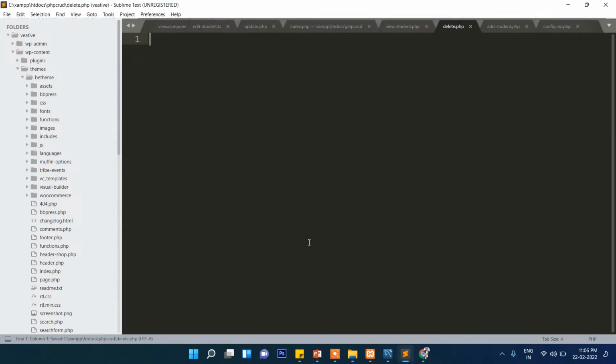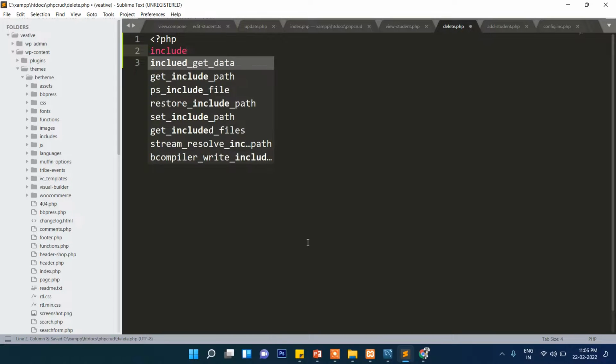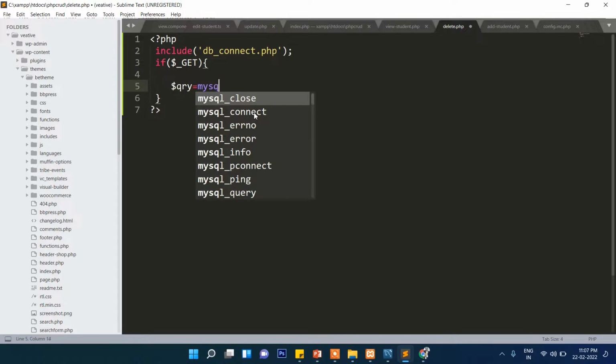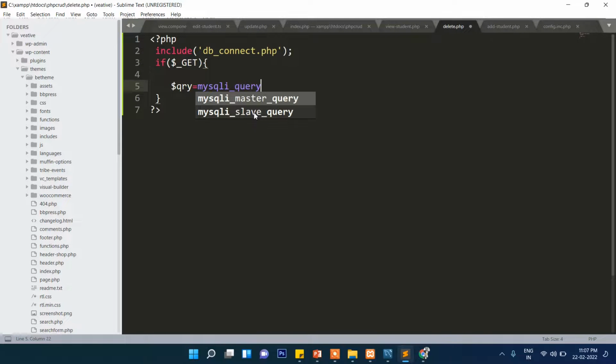Now php start, php close. First thing, include here db connect.php. Okay, here we write the query. If $_POST, $_GET, not POST, because we are passing the data from the GET method. So if $_GET, $query equal to mysql_query, mysql_query